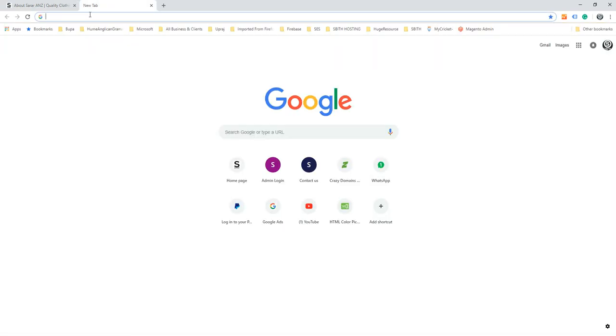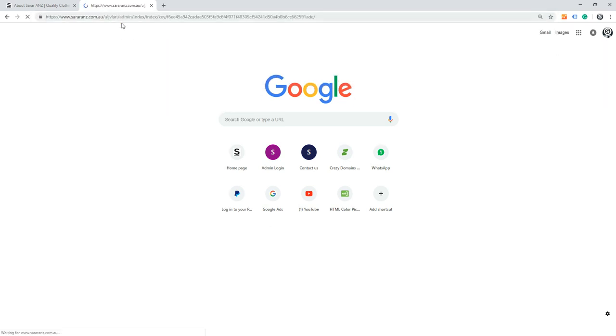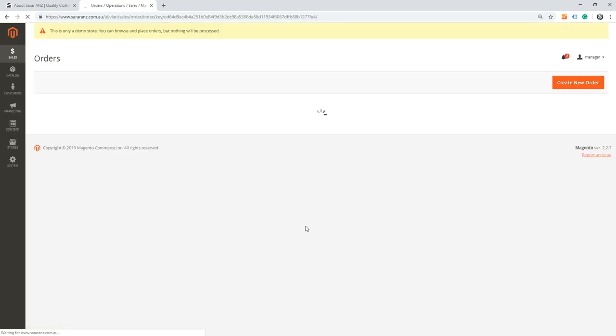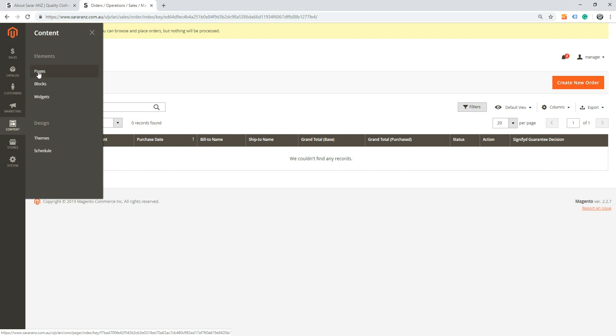For that I'm going to type SARAR ANZ, and this link will take me to this login. I have created one user, code manager, and have the password for that, and then I click on sign in. After sign in, it will take us inside the website in the backend, and mostly it takes us to the sales section in orders. If I want to make changes in pages, it's under the content pages,